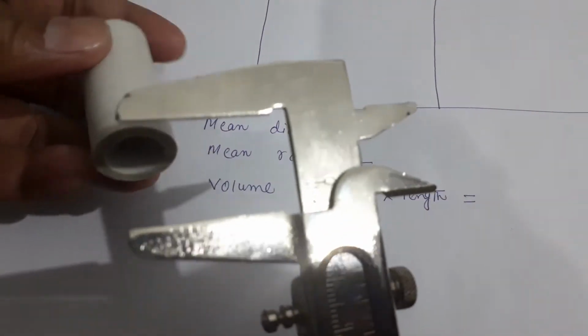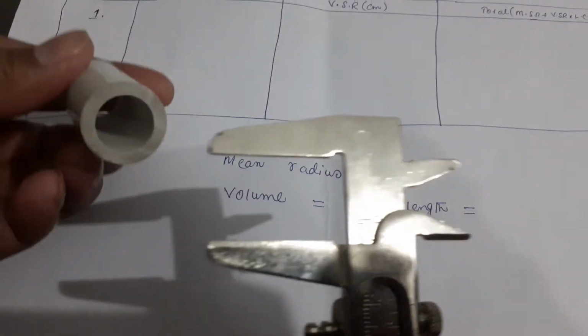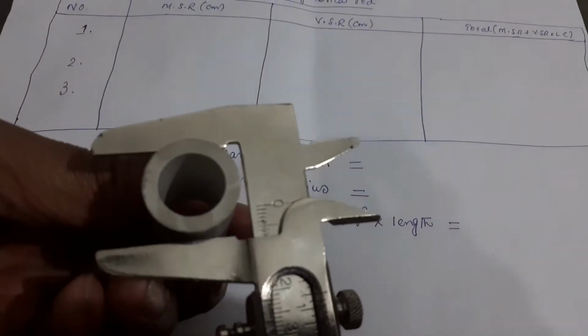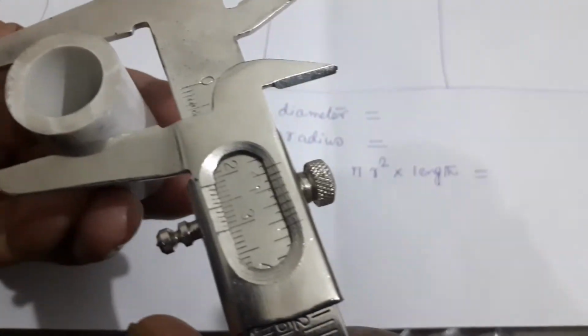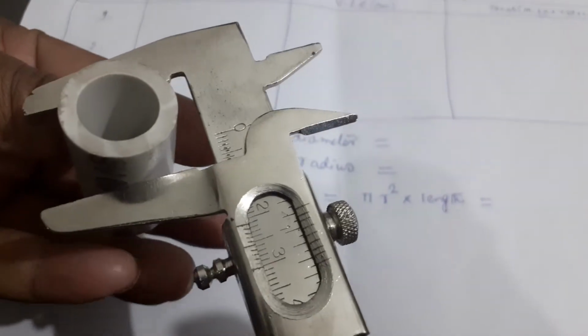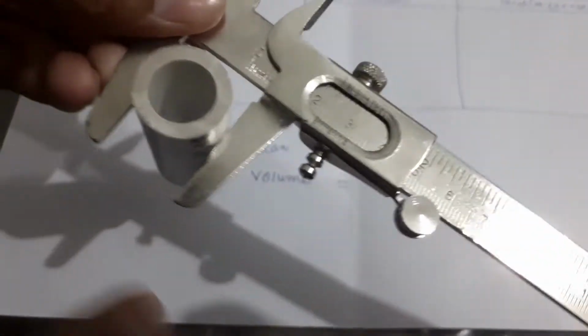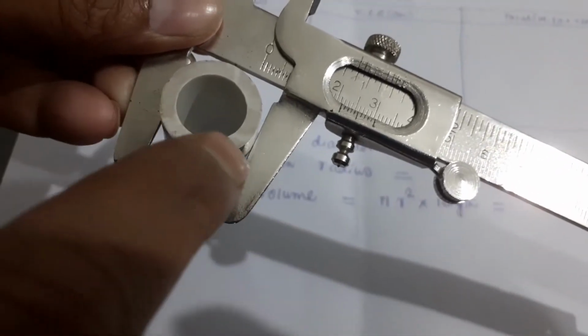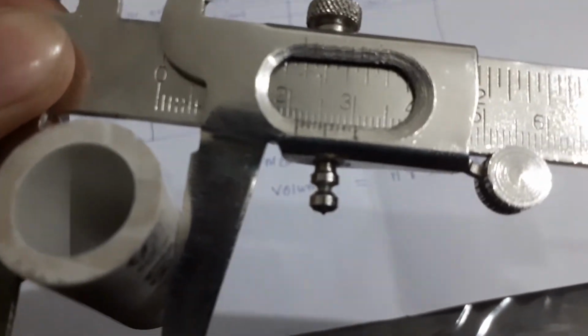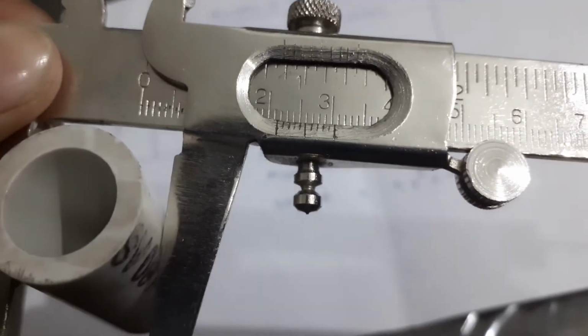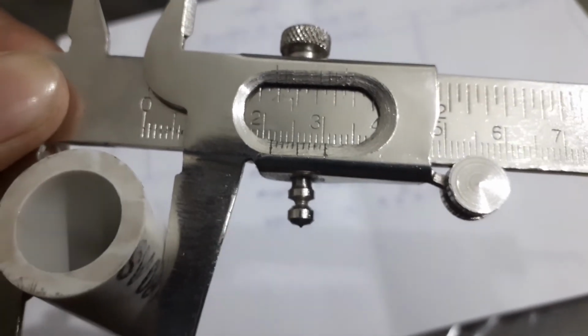So first of all, this is the vernier caliper, this is the cylindrical body. Okay, so now we will arrange this one here in this way, and we will just fix it. So we are measuring this length, that is actually the diameter of this one. Now in this way, while you put it, you have to see which line is the main scale reading, what is the vernier scale reading. You can easily see from here.